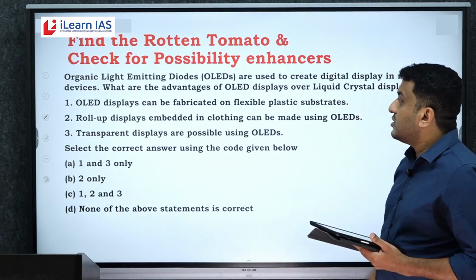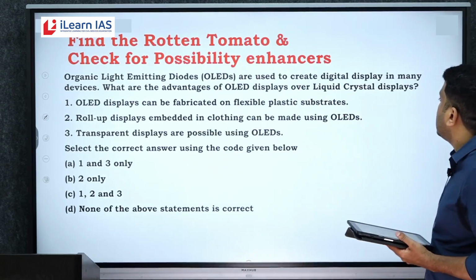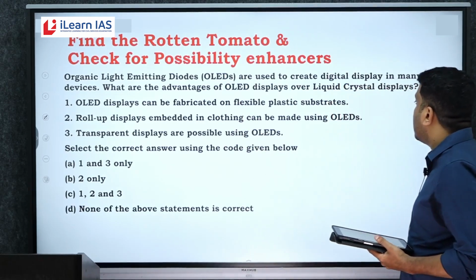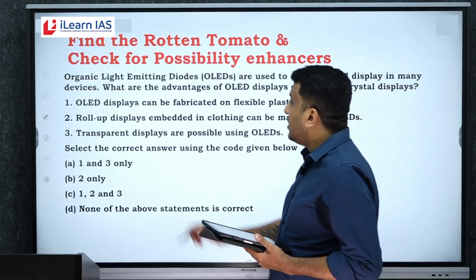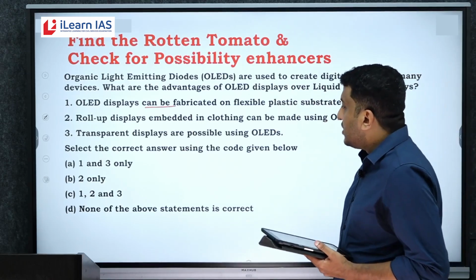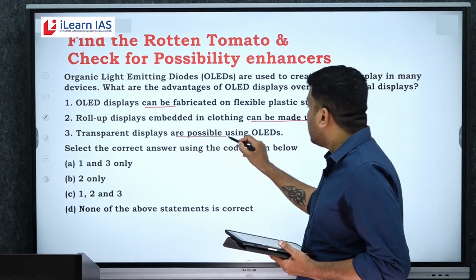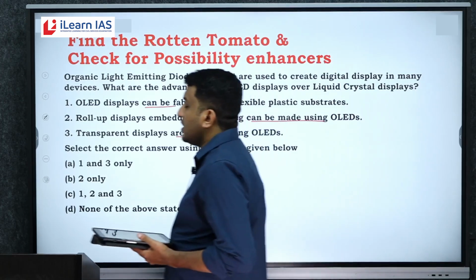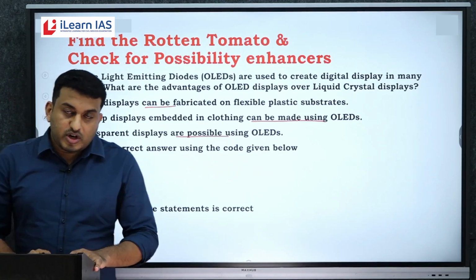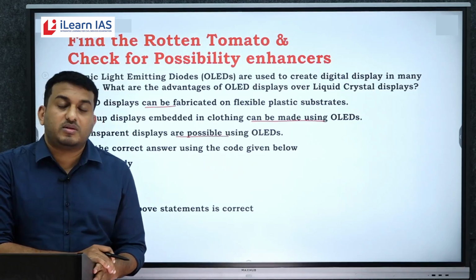Next question, again the same logic. Organic light emitting diodes are used to create digital display in many devices. What are the advantages of OLED displays over liquid crystal displays? 1. OLED displays can be fabricated on flexible plastic substrates. 2. Roll-up displays embedded in clothing can be made using OLEDs. 3. Transparent displays are possible using OLEDs. Select the right answer. So I already told you, a technology based statement with futuristic possibilities